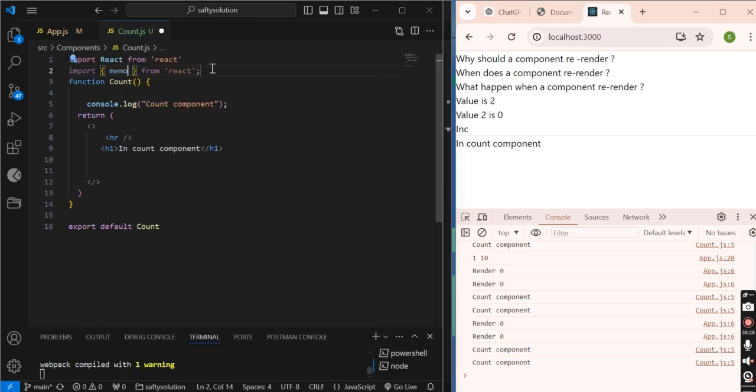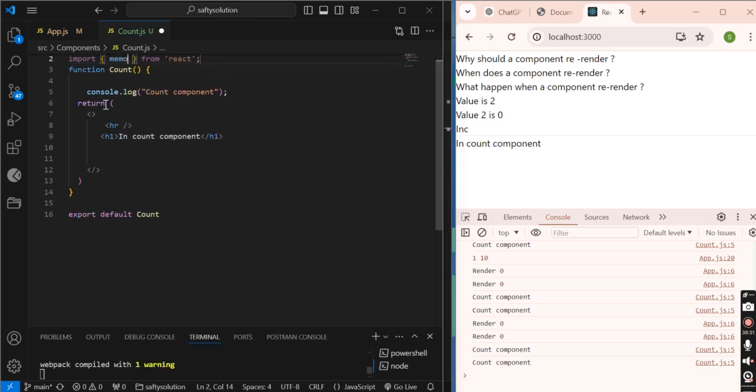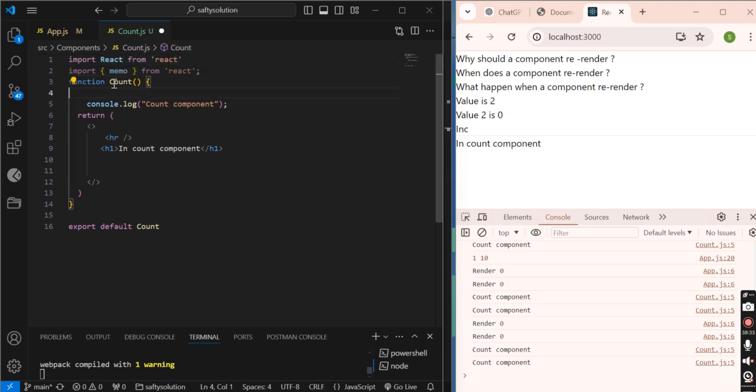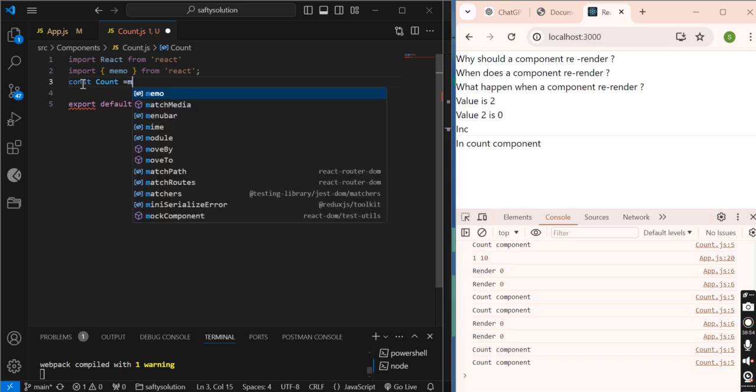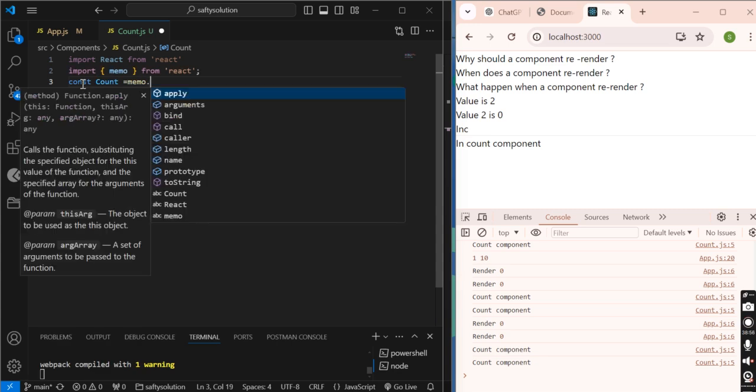Yes, import memo from React. Now let me wrap this. How can I wrap? For that I need to make it not a functional component, this one. Memo.